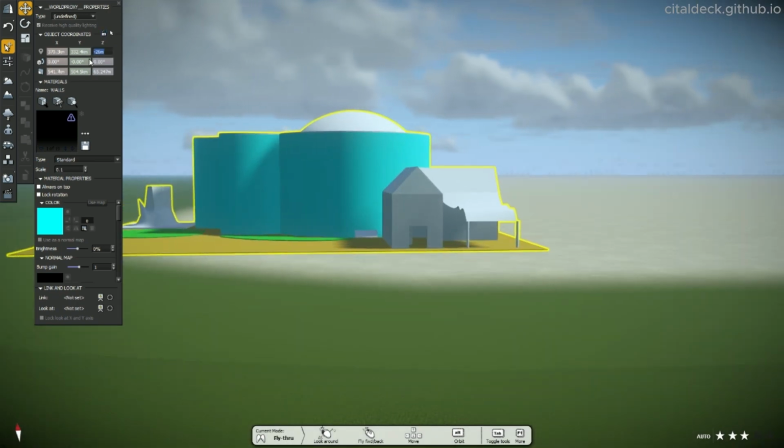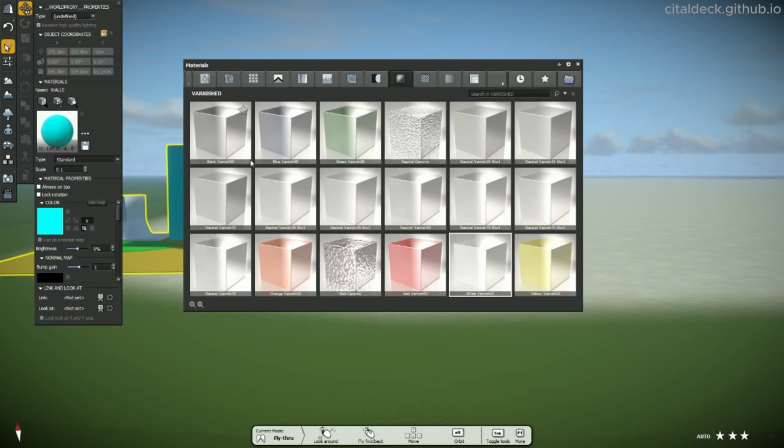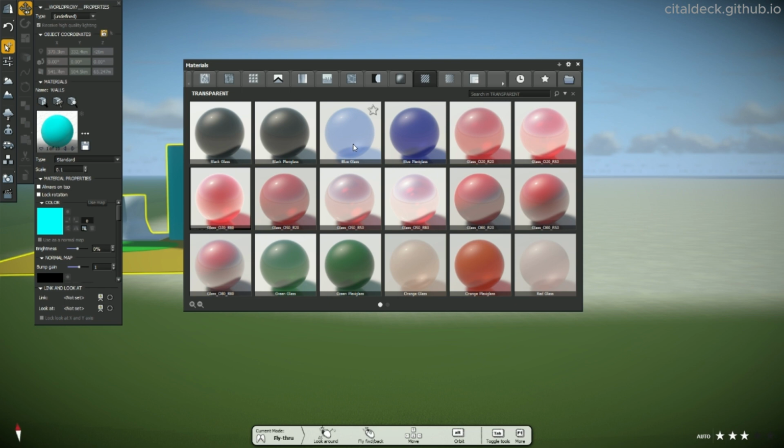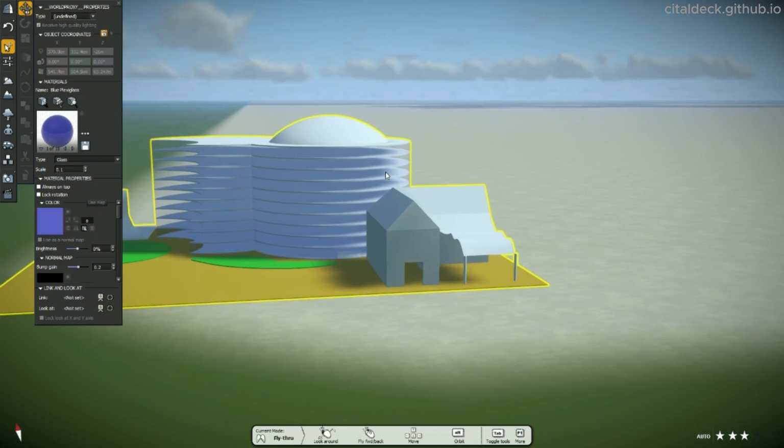Once we have this, we will click the walls of our building and it will show us material we can assign to the wall. We're then going to click on these 3 dots right here to select the material for the wall. We are going to select glass. So we are going to go to the transparency tab, click on this one, and select blue plexiglass. What it does is it will turn the wall into glass